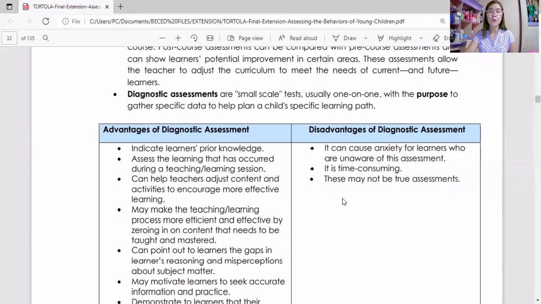But it is just a basis for the teacher of how she is going to provide instruction for the child. Ano ang mga kailangan niyang matutunan, ano ang dapat gawin ng guro through the diagnostic assessment. But for those students who don't know the purpose of diagnostic assessment, especially for the parents, it may cause anxiety. So, importante po mga teachers na